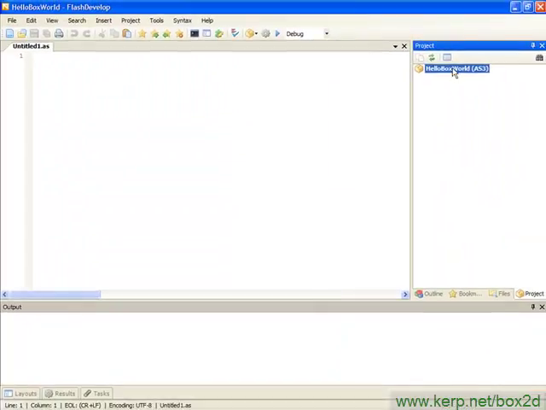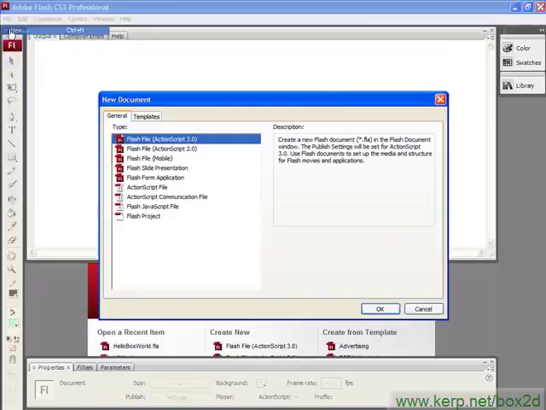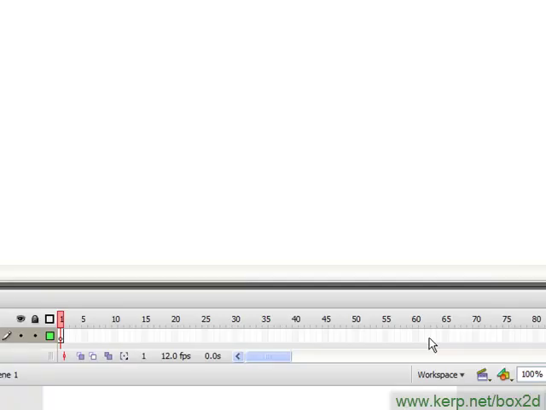And now we've got the Hello Box World and no files in it. So that's sort of good, I guess. It's at least a start. Let's go to Flash and create the corresponding .fla file. So we're going to open up Flash here. I'm going to select New, and then I'm going to basically ask to create a FLA file that uses ActionScript 3.0. Hit OK,